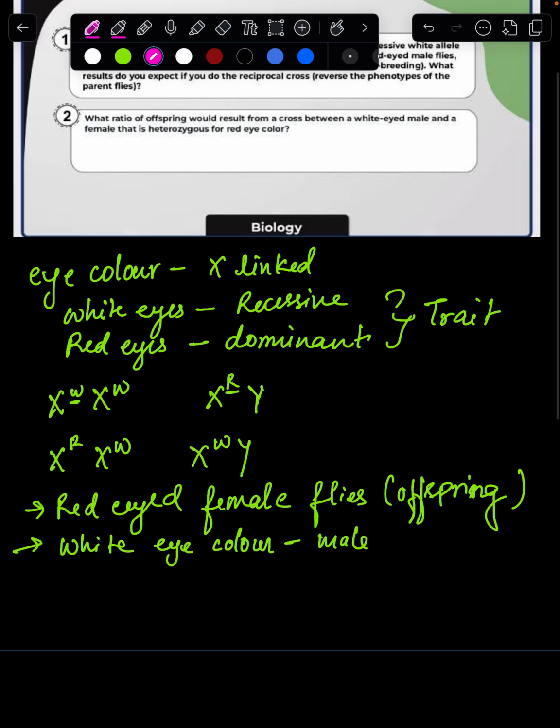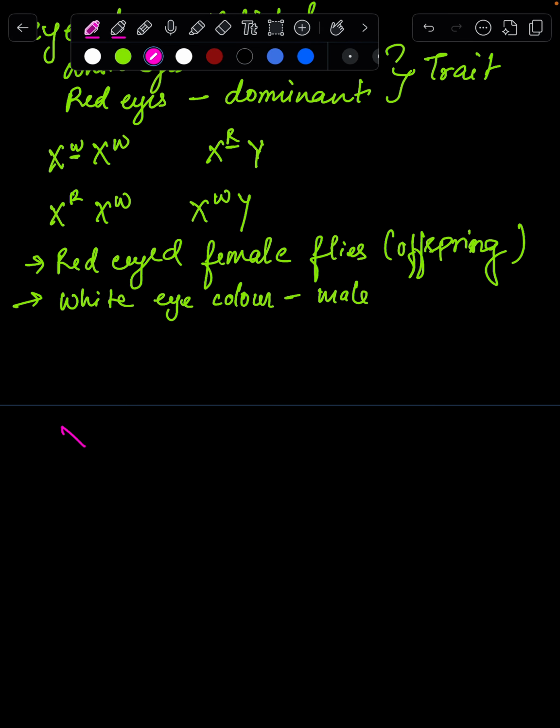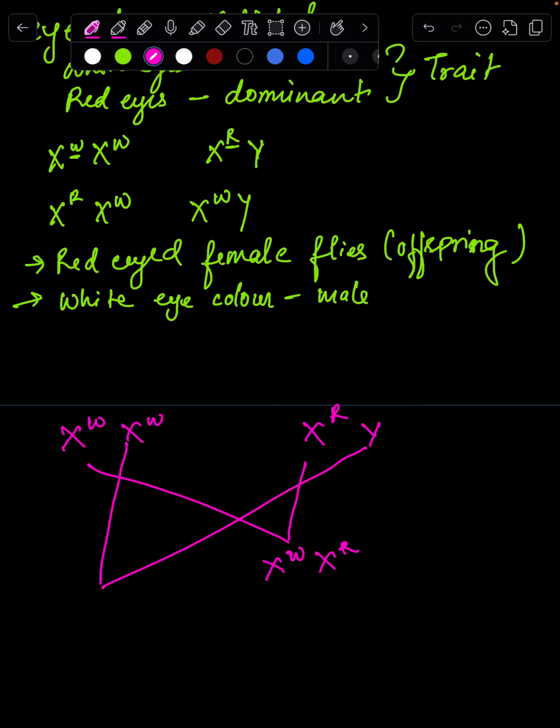Okay, so here are our two parents, the female with the recessive white eye color allele and the male with the dominant red eye color X chromosome. Now when we do a cross here, the females will get one X chromosome from the paternal side. That is, they will have one X with the white eye colored allele and the other X with the red eye color allele. Now we go for the male. The males always receive their X chromosome from the maternal side. So all the males will receive an X chromosome with the white eye color,